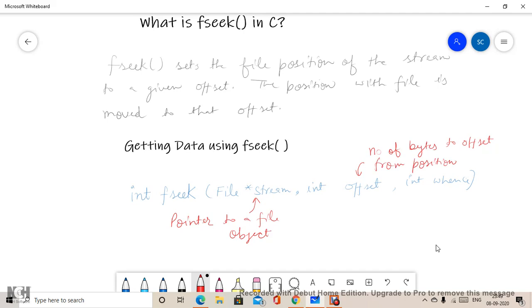The third argument written here is int whence. Please mind, the spelling is whence.